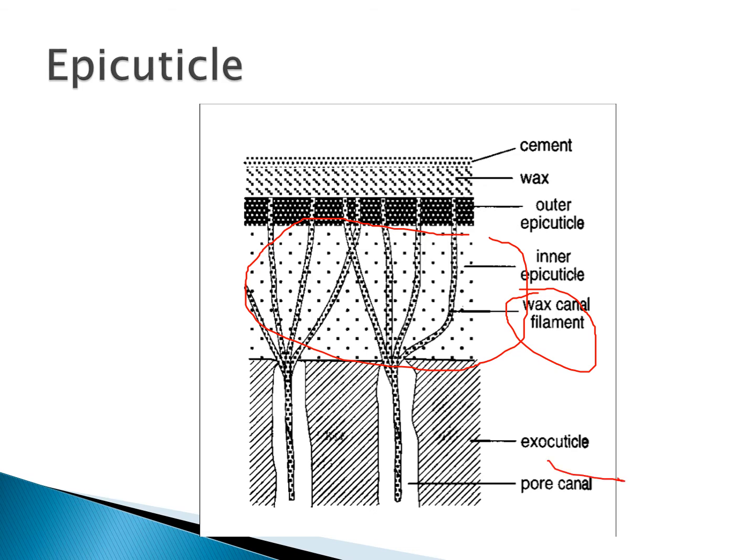of the pore canals and the wax canals is to provide wax to the upper layer of the epicuticle before the cement layer. This wax layer provides protection against water loss, and this cement layer provides protection to the wax against any abrasion or resistance to different substances, for example dust particles, where an insect lives.